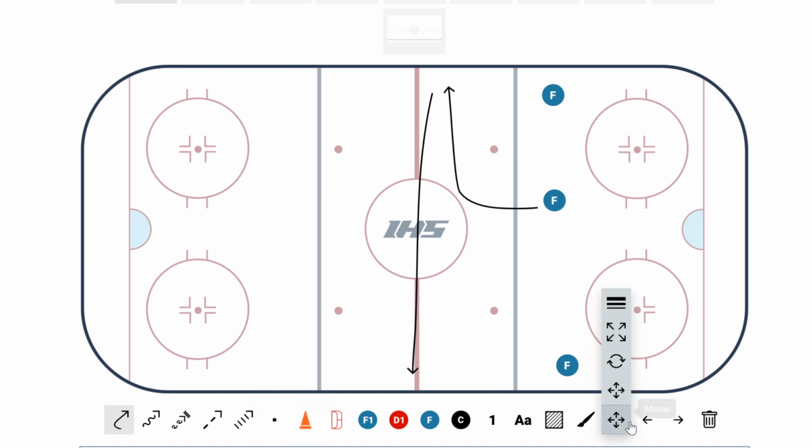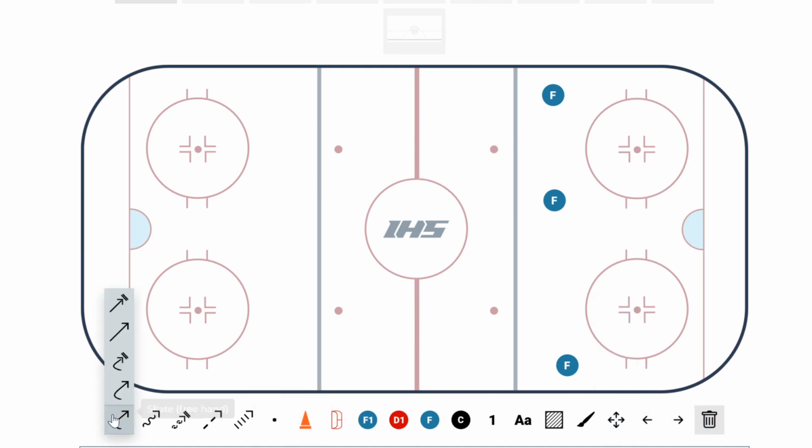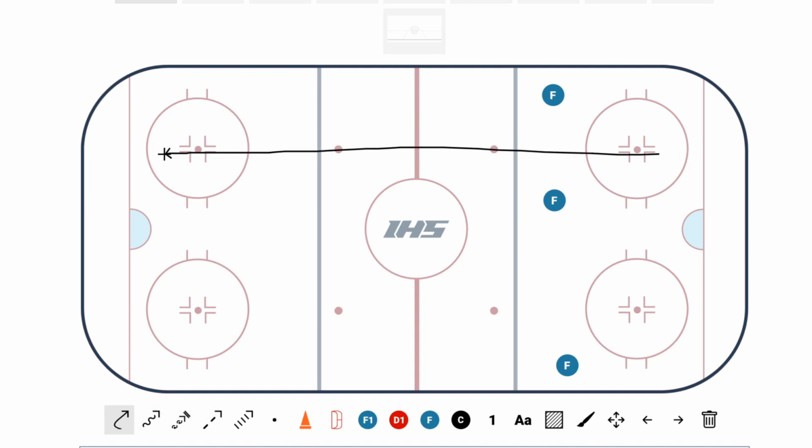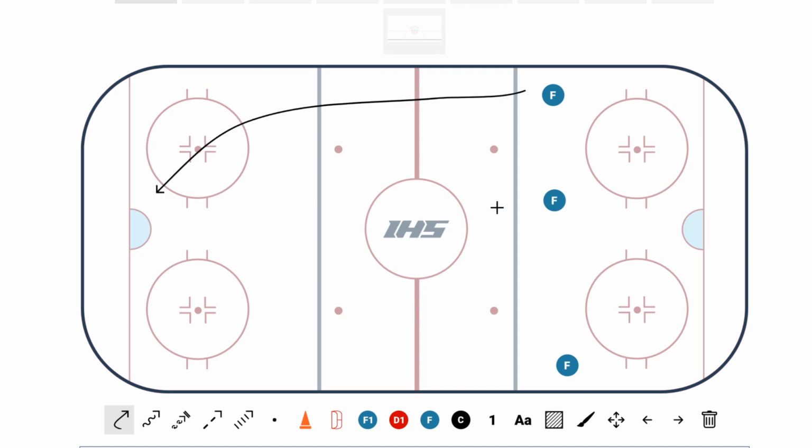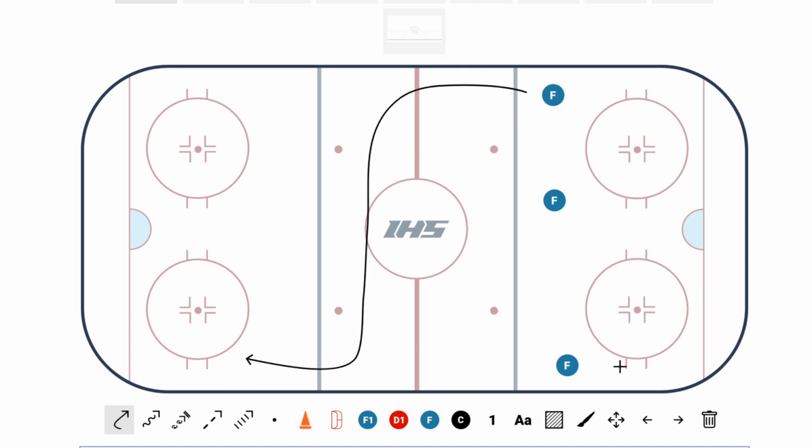North-south is basically going up and down. Like if you're going away from your net, that's north. Going towards your net, that's south. And our natural inclination playing is really, you can see it, it's really north-south. We're trying to beat people with speed going towards our net, and we're usually only going in one direction. Now, the important concept is how do we incorporate moving east-west into our game,